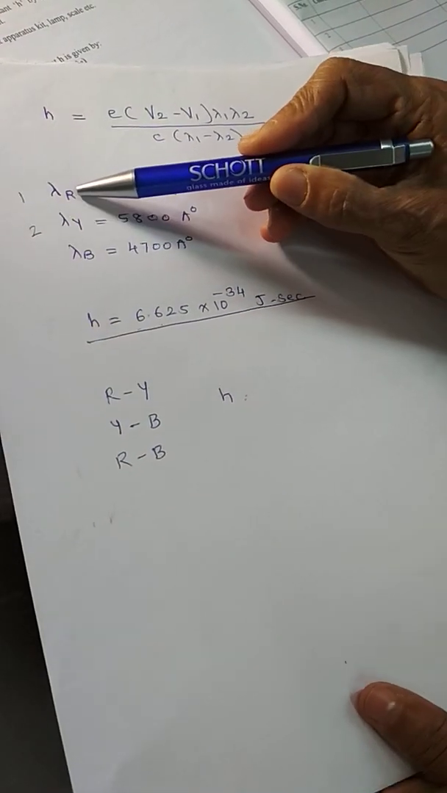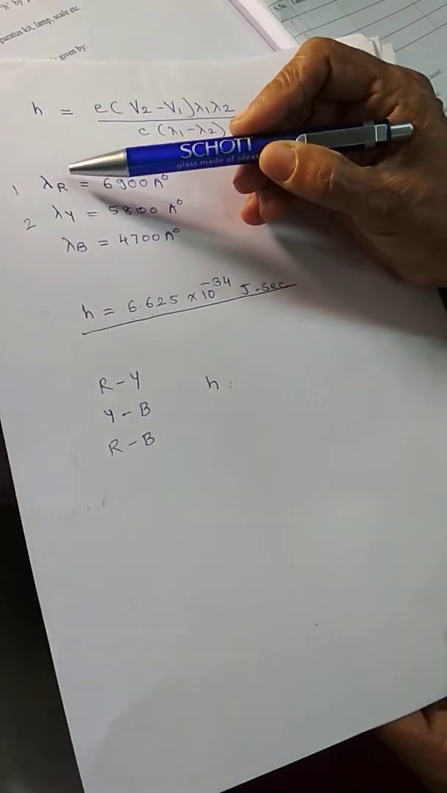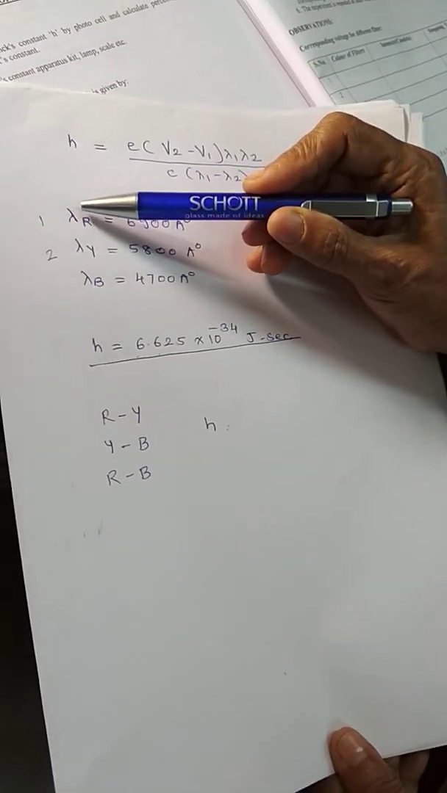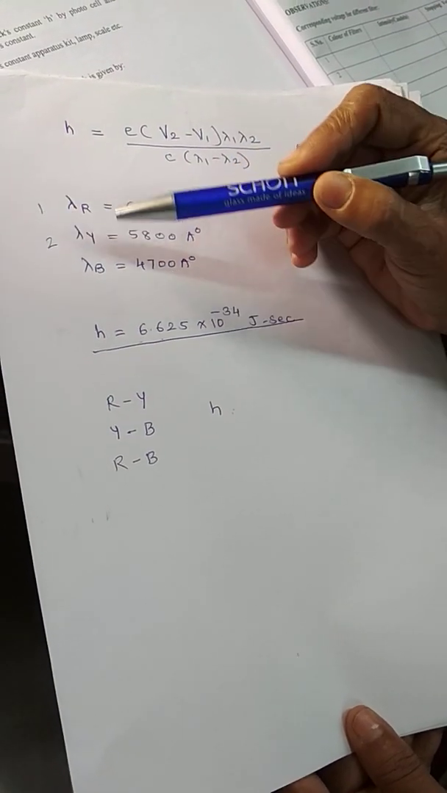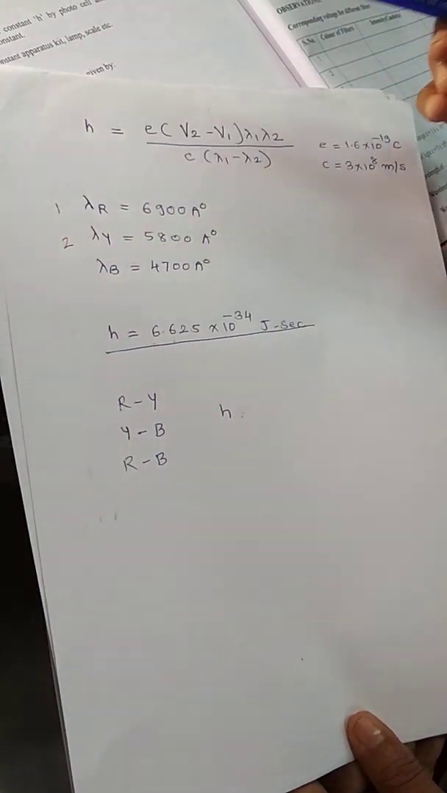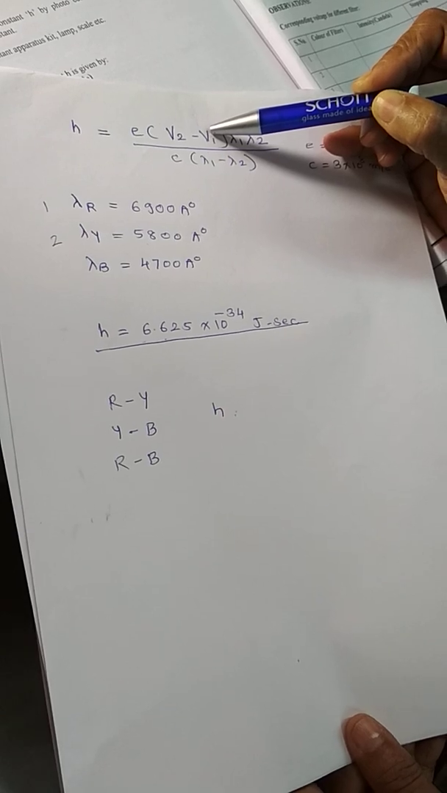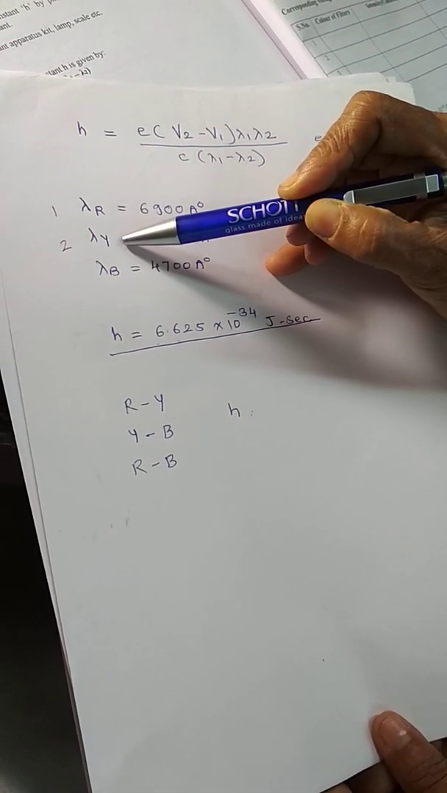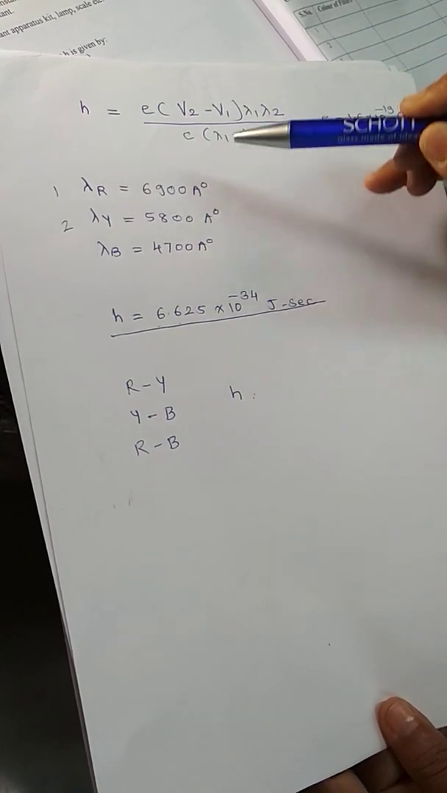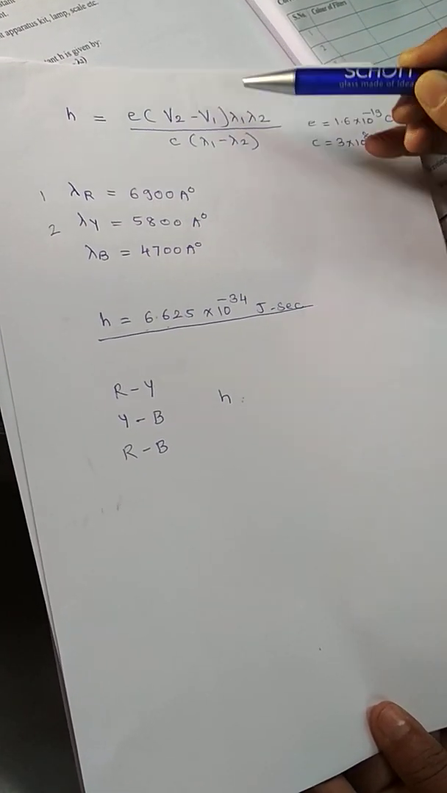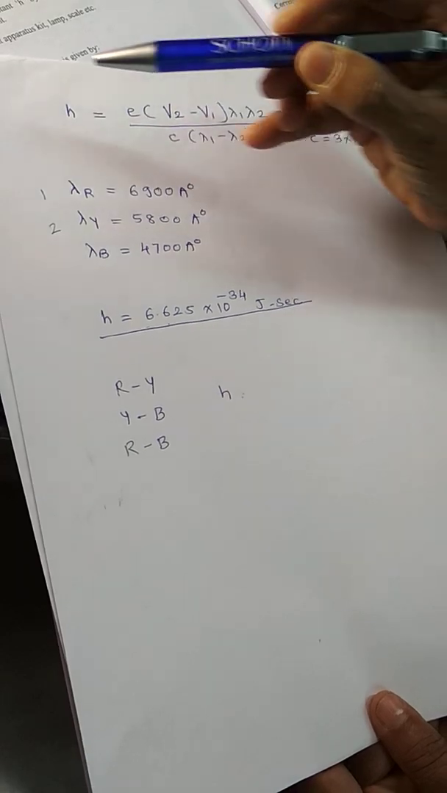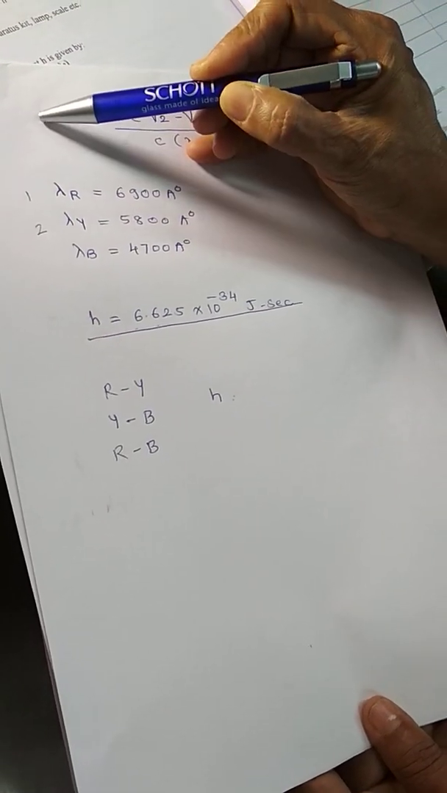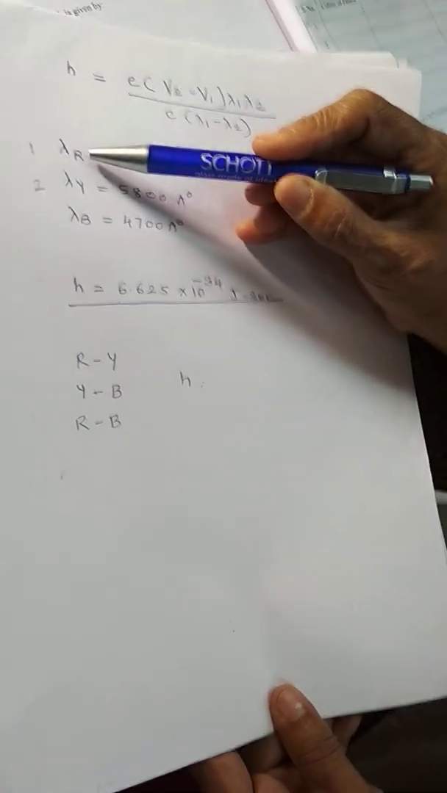At a time you have to select 1 pair, that is 2 wavelengths. So suppose I am considering red color as 1 and yellow color as 2. So V1 will be stopping potential for red and V2 will be stopping potential for yellow. So substituting the values of wavelengths and stopping potentials, you can find out Planck constant for this first combination, that